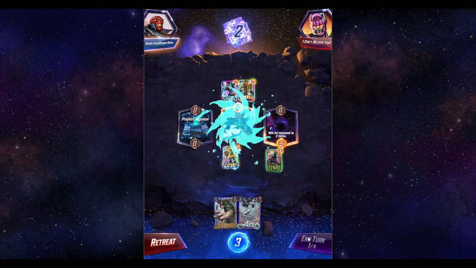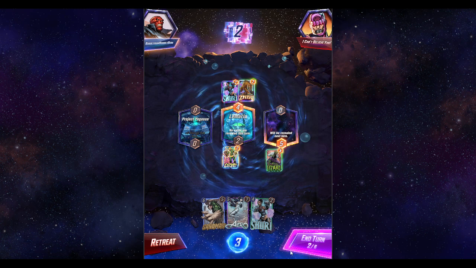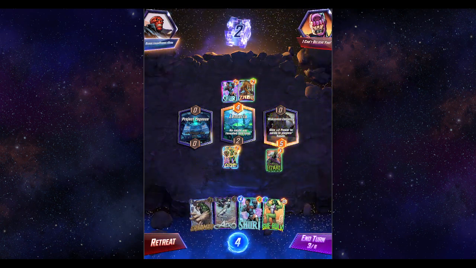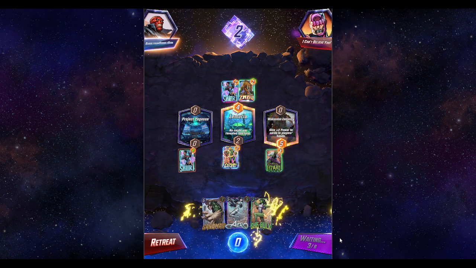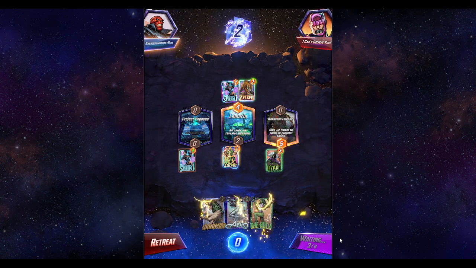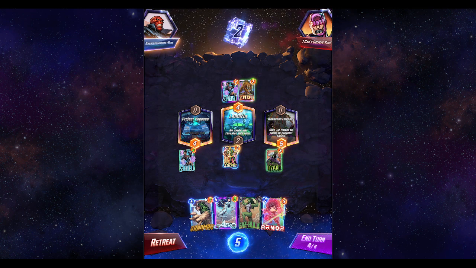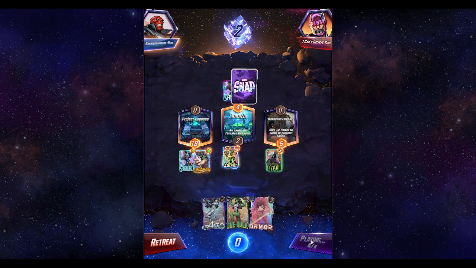So he runs Shuri and Zabu and Shang-Chi. Very interesting. Sugar and spice. I think we're fine with just Big Sandman here, right? We're just going to go Big Sandman left. So I think the main thing we're looking for here is to make sure that he doesn't...